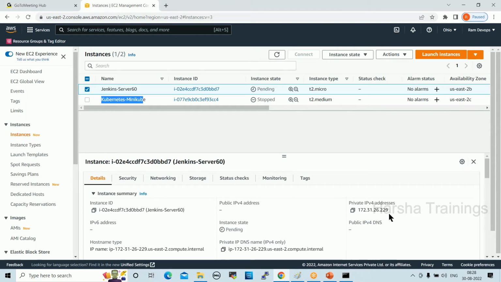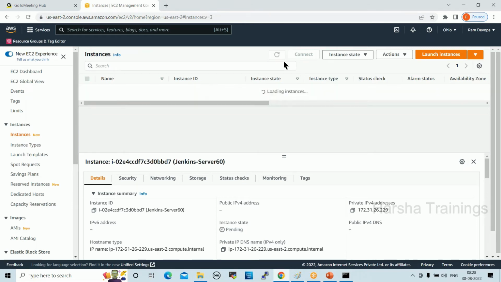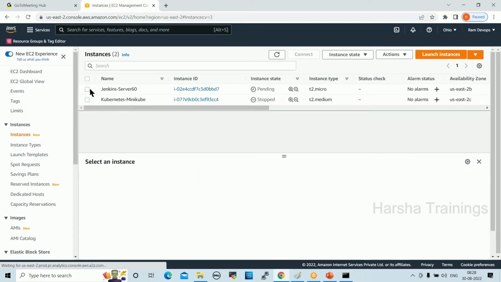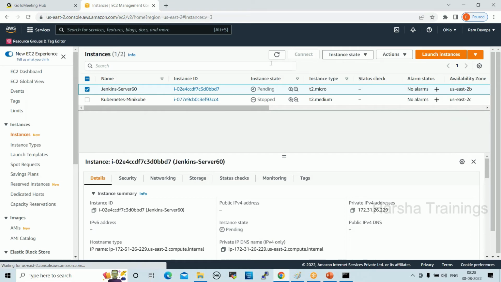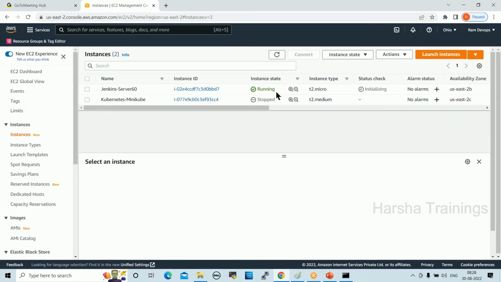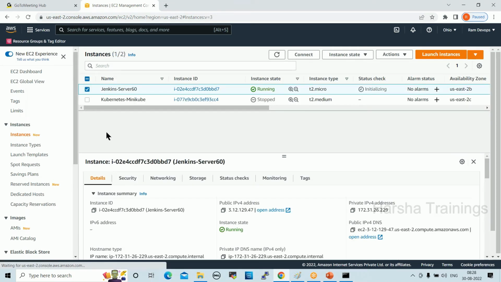Private IP also is important here. We'll discuss that. Just wait for a few seconds. See here, this is public IP. This is private IP, right? So every cloud server will have a public IP and a private IP.